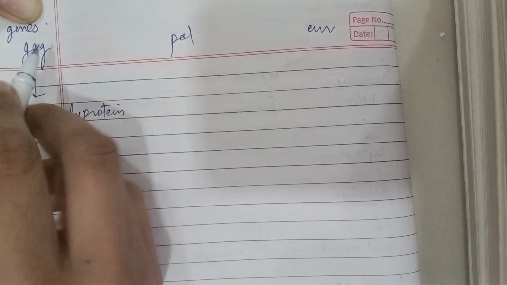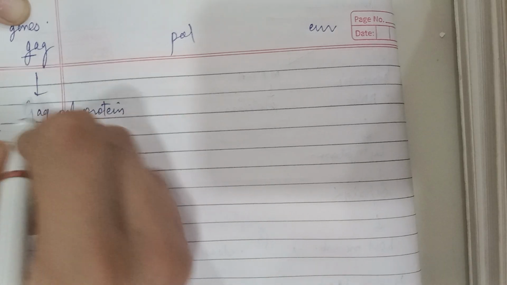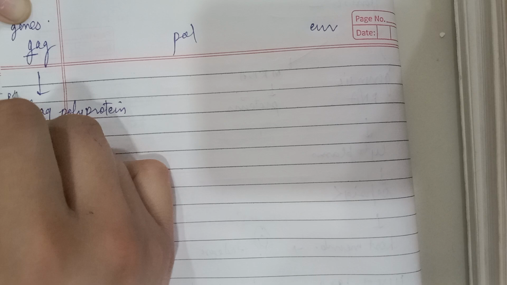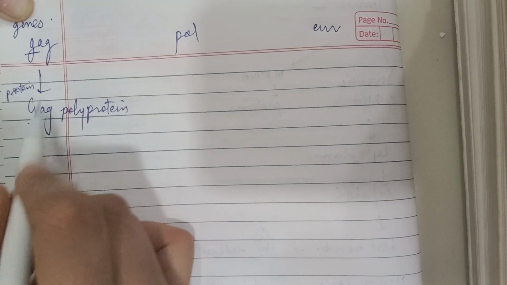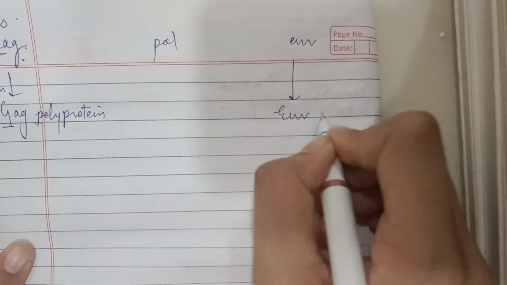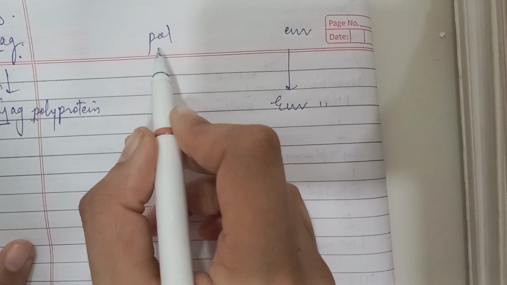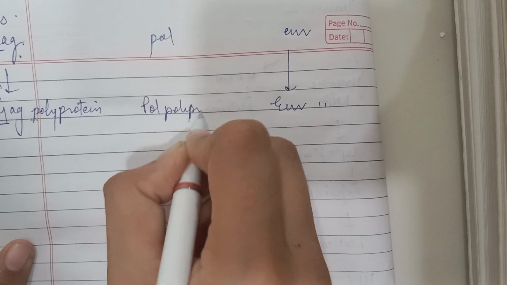Look, the gene is represented starting with a small letter, whereas the protein is denoted by starting with a capital letter of the same name. ENV encodes for ENV polyprotein, and the Pol gene, although it encodes for Pol polyprotein, does so not directly but